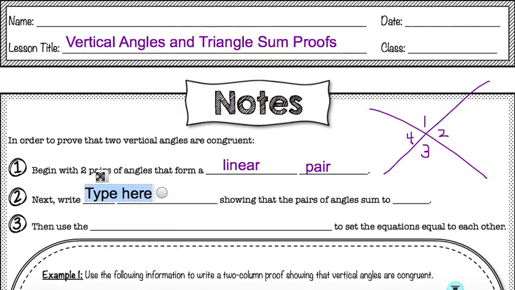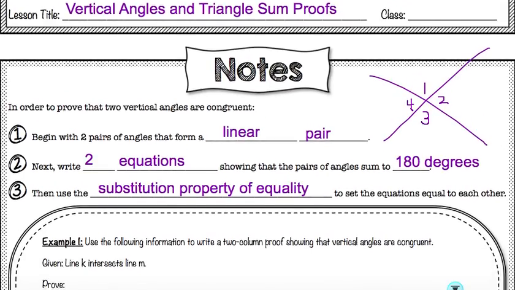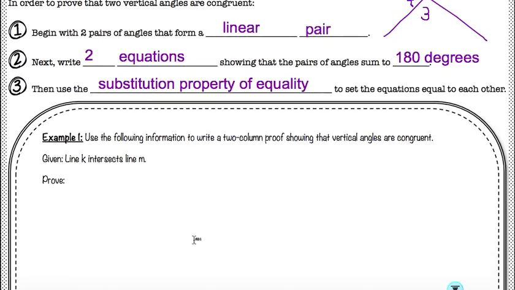Then we're going to write two equations showing that the pairs of angles sum to 180 degrees. Okay, then we're going to use the substitution property of equality to set the equations equal to each other. So those steps might not mean very much to you right now, but we'll refer back to them in just a minute. So let's start with the example, which says, use the following information to write a two-column proof showing that